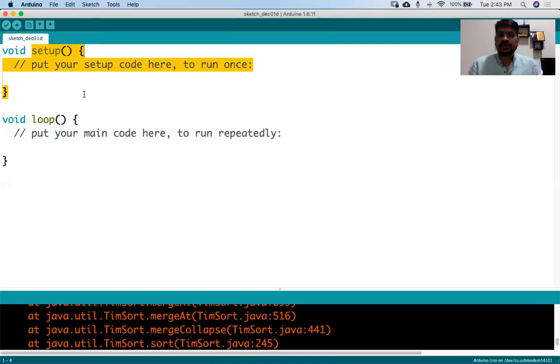So if we put in a new program, whatever we write inside the setup function will run once, at the very beginning. Generally we put code there if you want to set up a pin, a variable, or a sensor pin. Then you put that code into the setup function. Okay, the second one is the loop function. In the loop function, we put the code which has to run an infinite number of times.